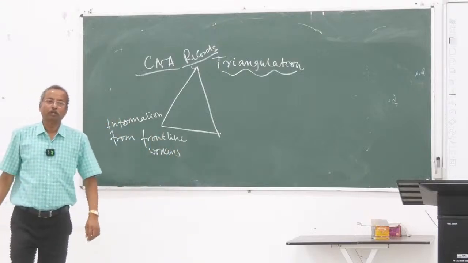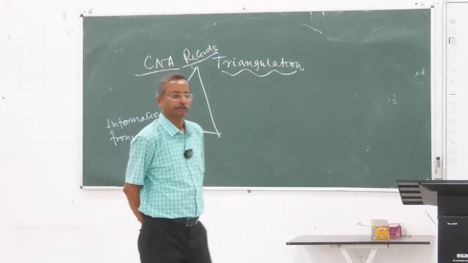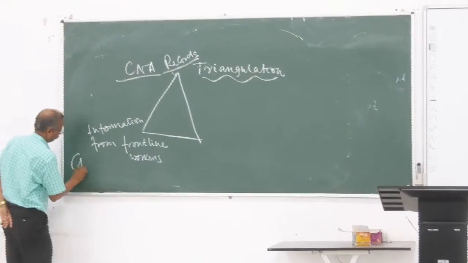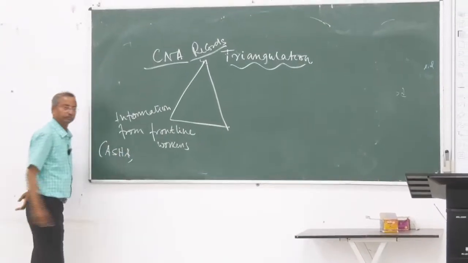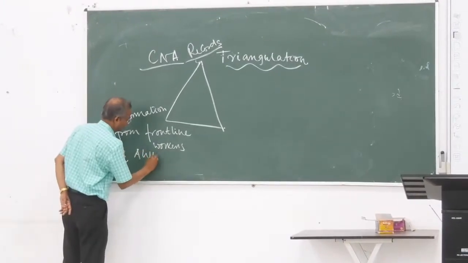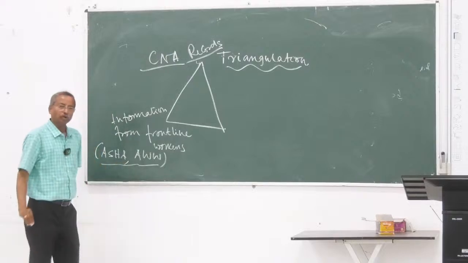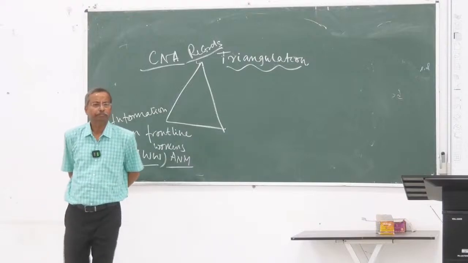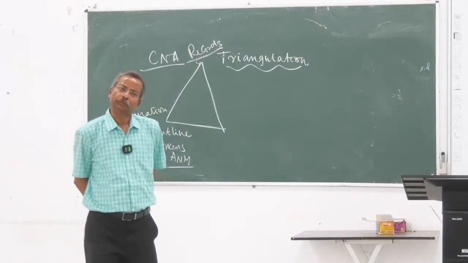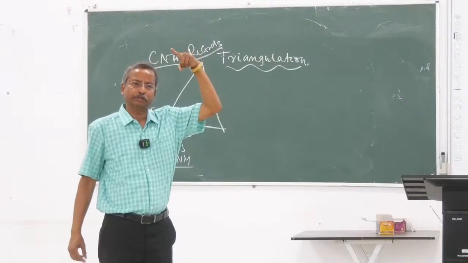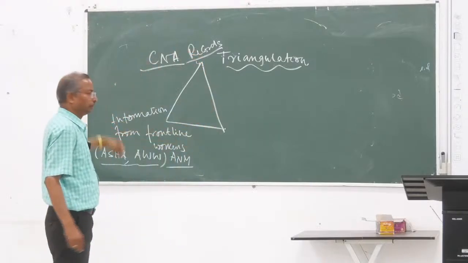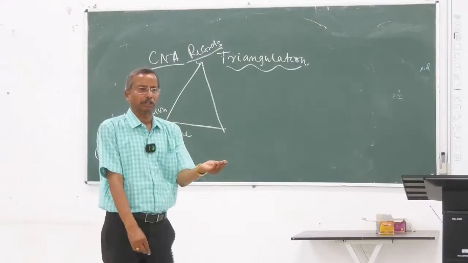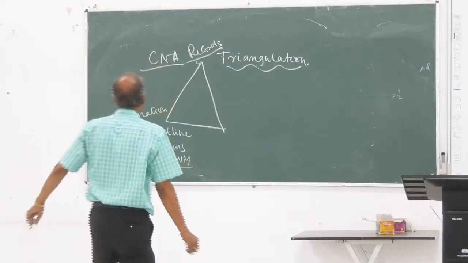Information from frontline workers. Who are the frontline workers at the village level? Have you heard the names? ASHA, Anganwadi worker. From them you may collect information. So one source is records, another source is frontline workers like ASHA, Anganwadi worker, ANM, and the third one is